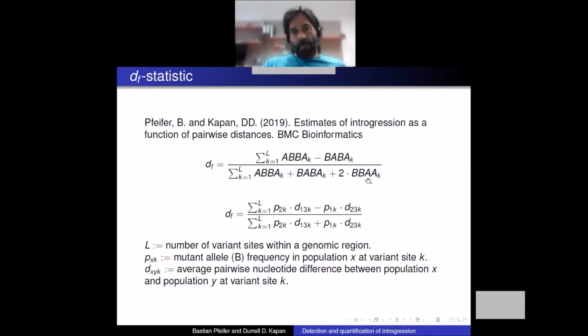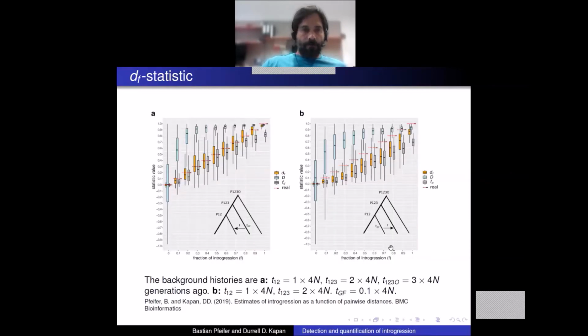And interestingly, BBAA is the species tree pattern, which means we add kind of neutral signal into the denominator. Results show that this quite accurately quantifies the fraction of introgression. So on the x-axis, we see the fraction of introgression, the statistics values, and the red horizontal lines are the real fraction of introgression. And you see that our method, df, distance fraction statistics, quite accurately quantifies introgression, whereas Patterson's